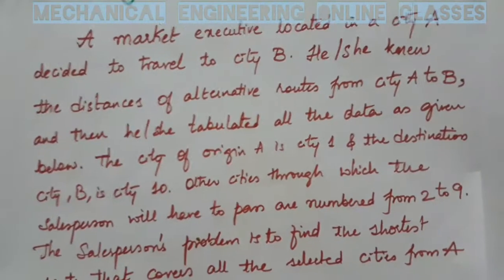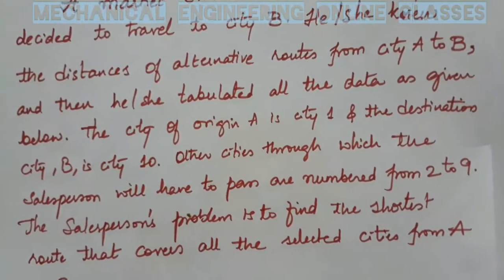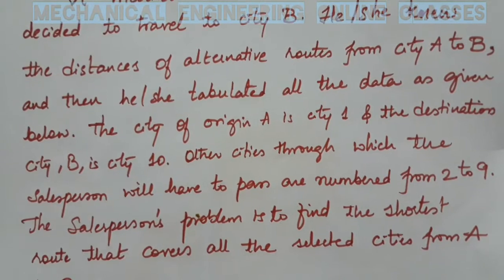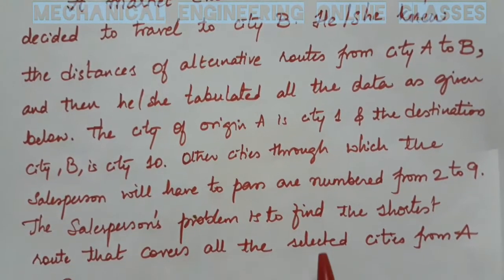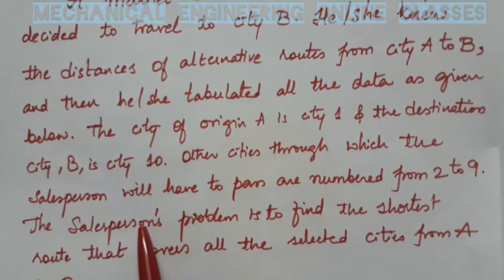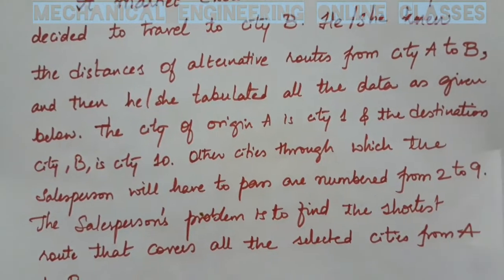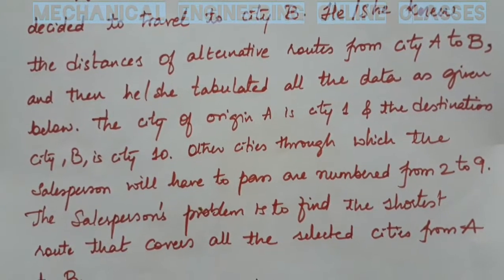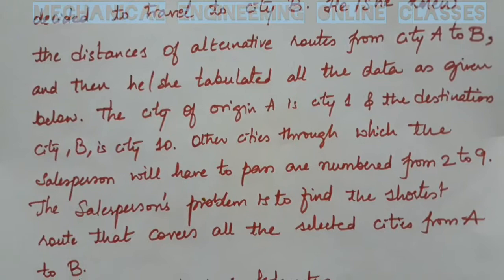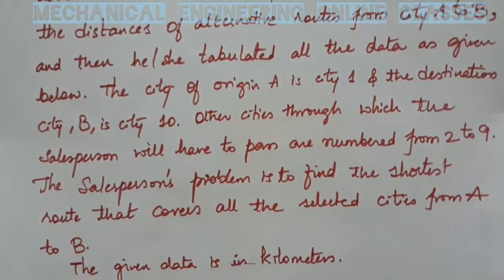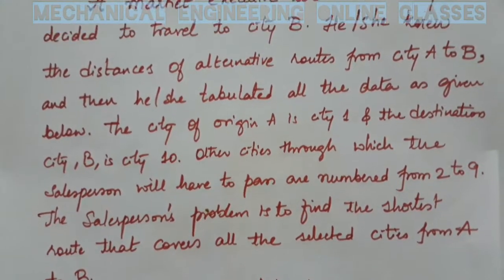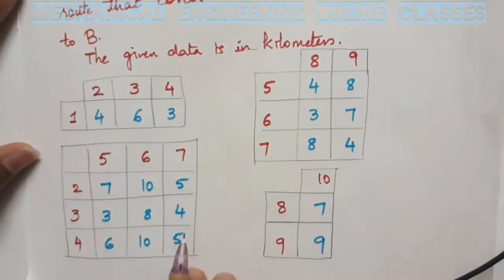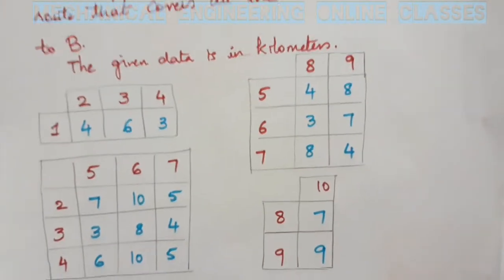If the city of origin A is city 1 and the destination city B is city 10, and all other cities through which the salesperson must pass are numbered from 2 to 9, then the salesperson's problem is to find the shortest route that will cover all the selected cities from A to B. All the given data is in terms of kilometers. So this is the given data, that is in kilometers. So the entire question is this,